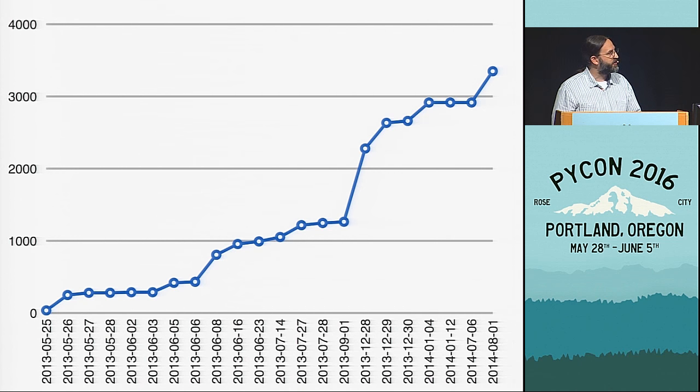And this chart shows the days on which I had commits, and then the y-axis is the number of lines of code. Lines of code is a terrible metric, but if you accept lines of code as a kind of an analog for complexity and project growth, which for a brand new project seemed like a pretty good metric, you can see that over the course of time, it grew pretty steadily. And I've described how it grew from a very rudimentary program to a much more complicated program with a server mode and web interface and all of that sort of thing.